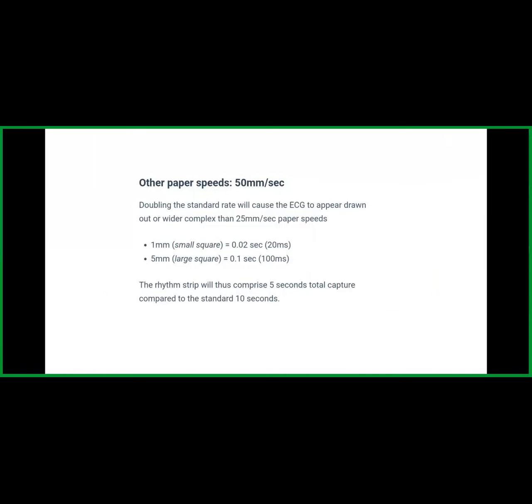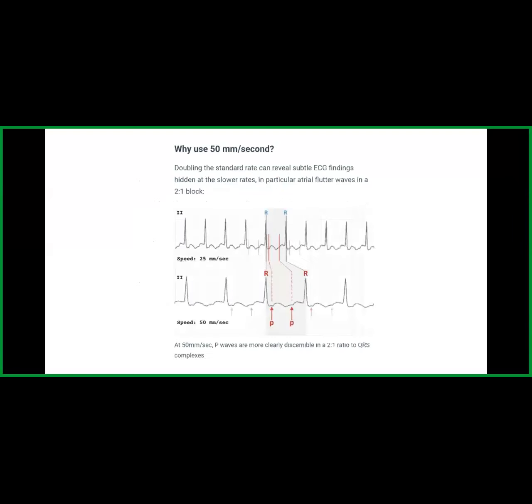So with this increase in paper speed, the rhythm strip will now capture 5 seconds in total, as compared to the standard 10 seconds. The size of the waveform will be visualized in a better way. So if you see the comparison between the two rhythm strips, one at 25 millimeter per second and the other at